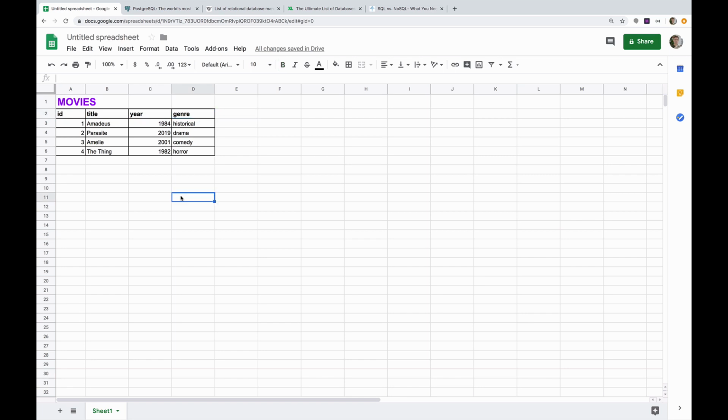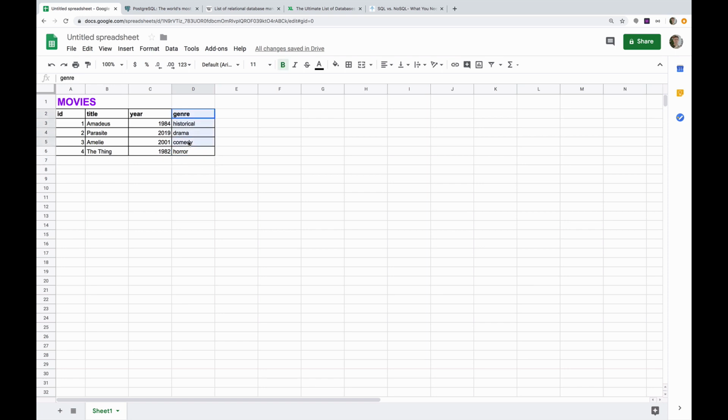But what happens if I have another movie that somehow has 2 different years it was released in, maybe 2 different versions, or it has multiple titles, that's pretty common, or it has multiple genres. I don't know why I didn't start with that. Parasite, for example, is like a hybrid comedy drama, or Amelie is a comedy, a bit of a drama, romantic film. I can't really convey that here.